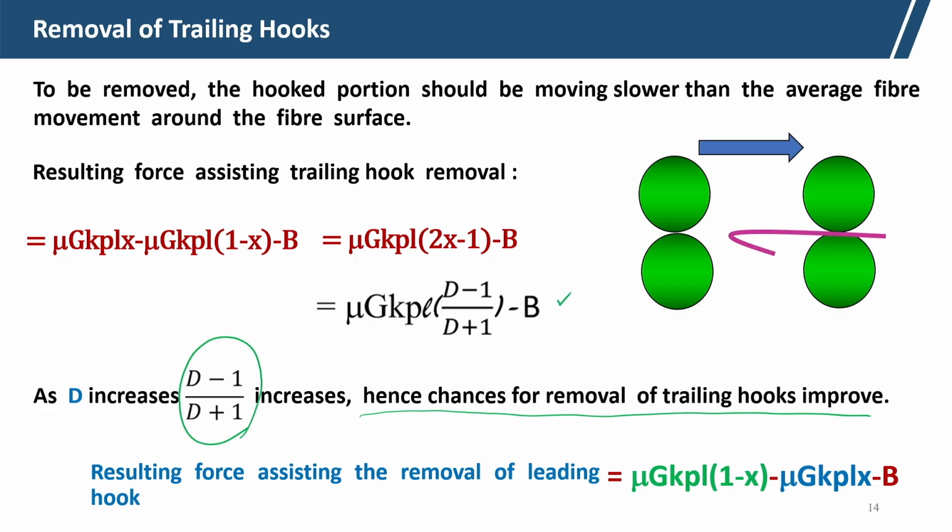So, for the trailing hook we can increase the draft and we will get the improvement. As this will increase with the draft, this value will increase. So, we will get the resultant force assisting the removal of the trailing hooks. So, this is all about the basic understanding of hook removal in Drawframe,